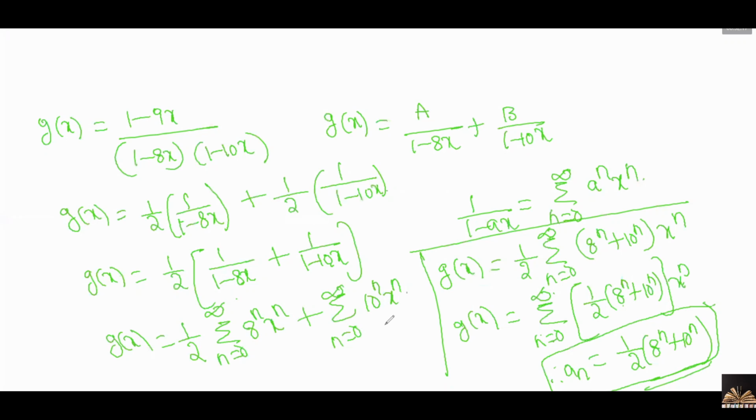So this is about the generating function, solving the recurrence relations using the generating function. Is it clear? Any recurrence relation can be solved using the iterative approach, the method of characteristic roots, and the generating function. These are the three methods you can use to get the solution for a recurrence relation, right? So this is about the solving of recurrence relations. After this, the next and the last topic in this unit is the principle of inclusion and exclusion.